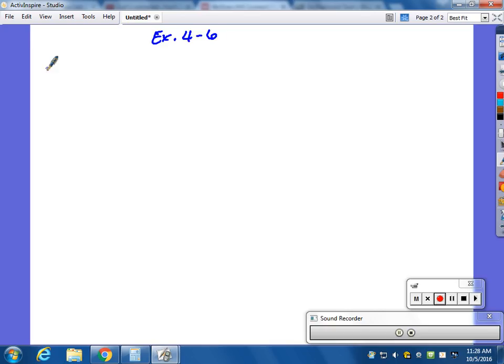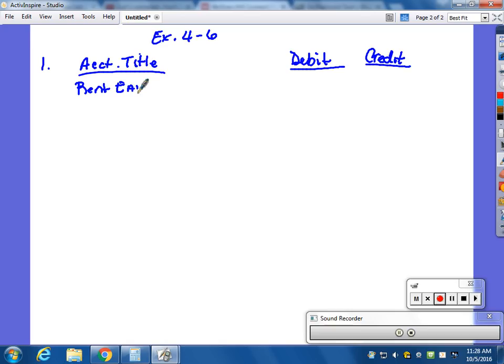So how is it listed for part one? This is the worksheet, right? We have account title, and then we have our debit and credit columns. What was the first account? Which is revenue, or we can say rent earned slash revenue so you at least know what it is. What's the amount? Credit, $120,000. Okay. Next line. Salary expense,